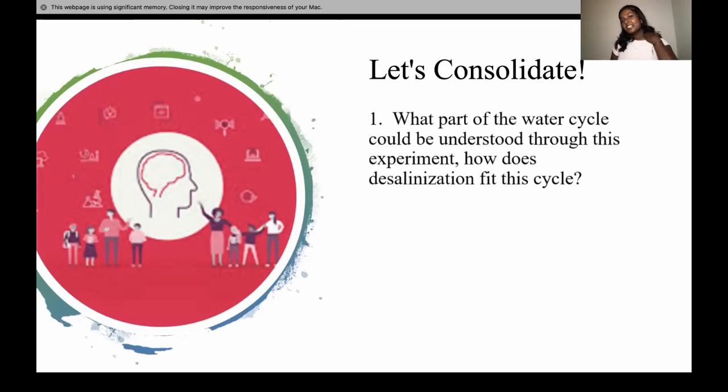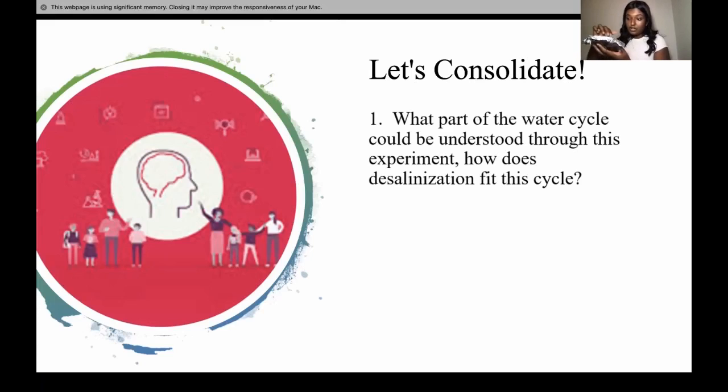Okay, perfect. So let's talk about this now. What did you notice about the salt water in the actual cup? It was saltier. Good. So this essentially means that the water and the salt that was in the actual pot itself evaporated due to the amount of heat. But since it had that barrier, which is essentially your dew point, if you think about it. So the tin foil, so the water evaporated, hit the tin foil, that was its dew point, and then it